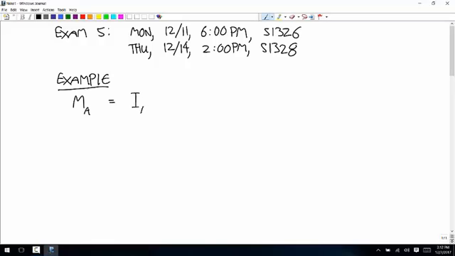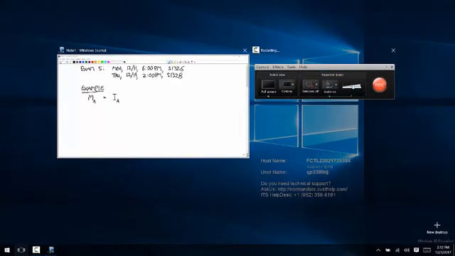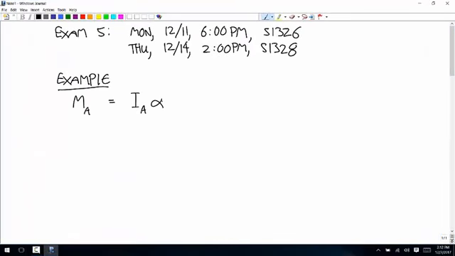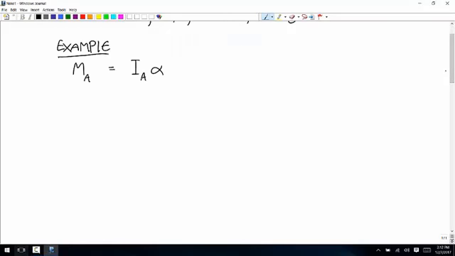It's equal to the mass moment of inertia times the angular acceleration. So let's say that we have, let's do it like this. Here's the wall. And there's a hinge here